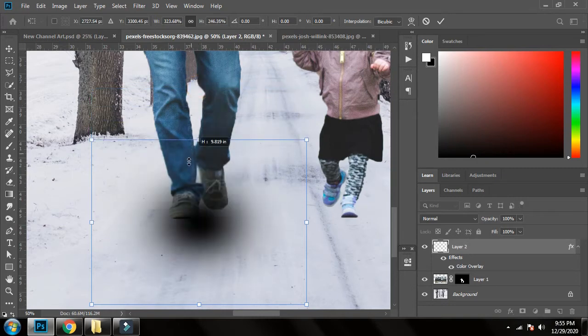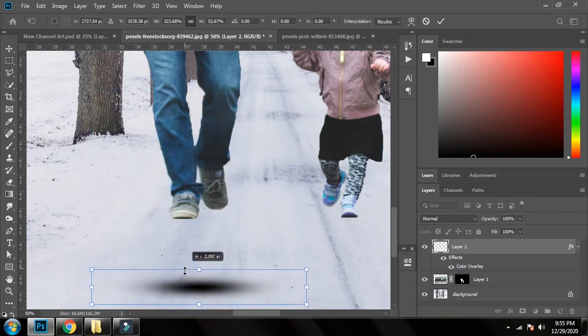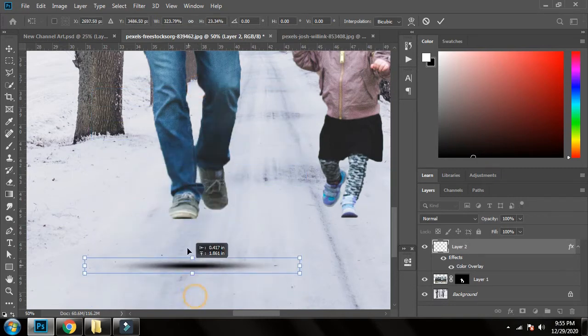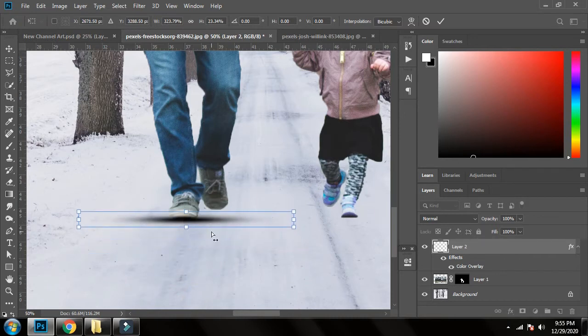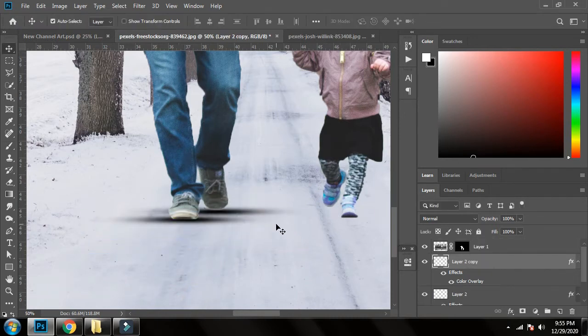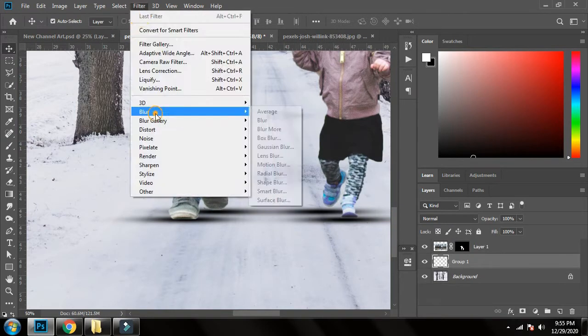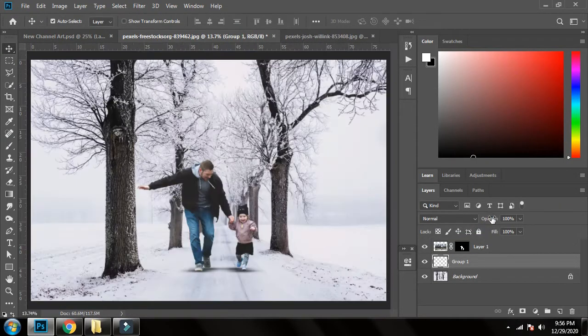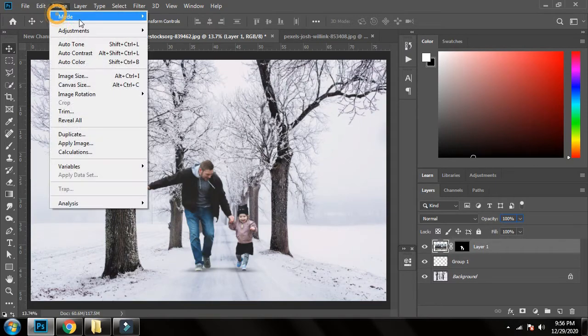Now I will adjust it according to the character. Yes, it's good. Now I will give some adjustments to my layer.